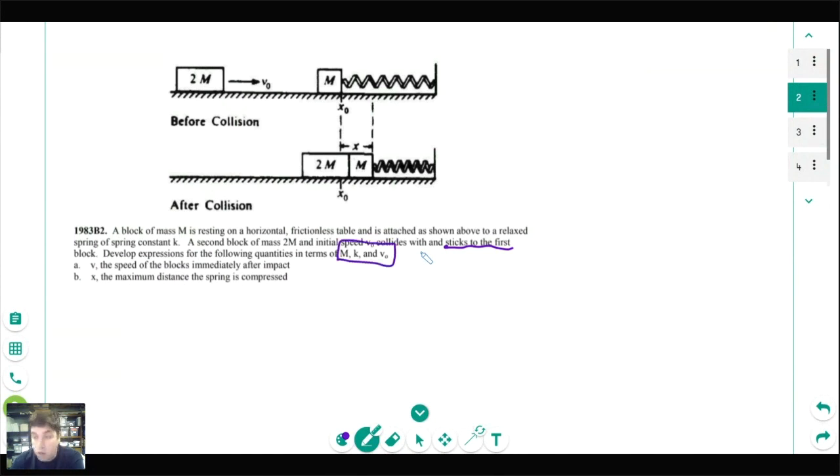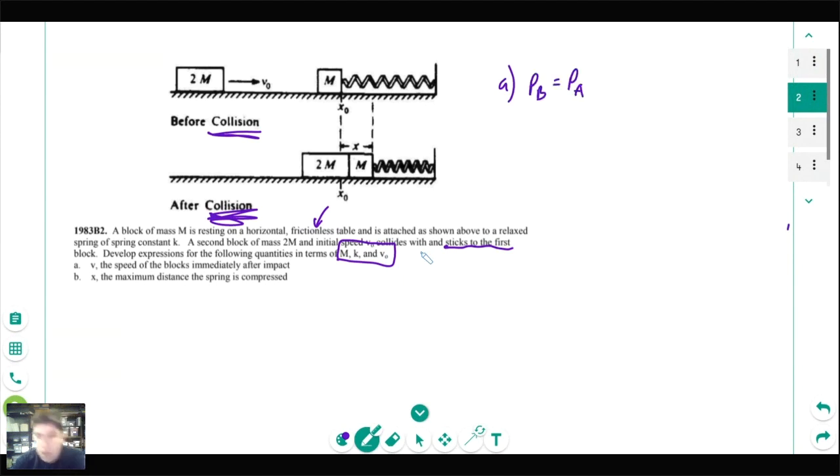All right, so starting off with this, they're definitely clueing us in that there's a collision going on here, which means that we really need to think about momentum first. Momentum conservation here: there's no friction on the table, which means we don't have to worry about any energy or any momentum being lost or gained here. It's all going to be 100%, P before equals P after. And because we're not told anything about the energies going on afterwards, for part A I think it makes the most sense to start with conservation of momentum.